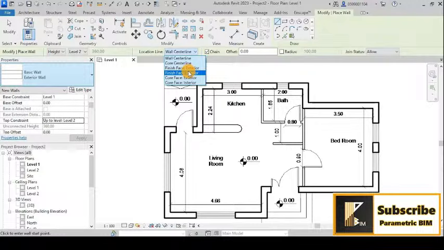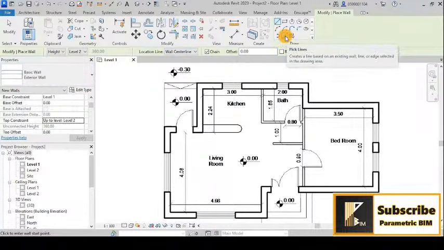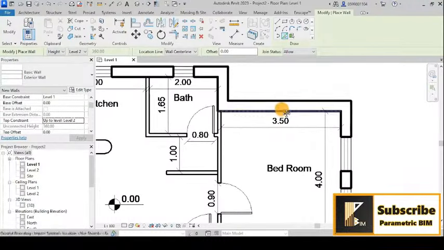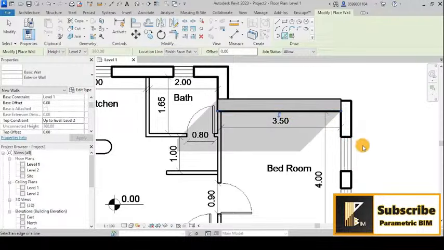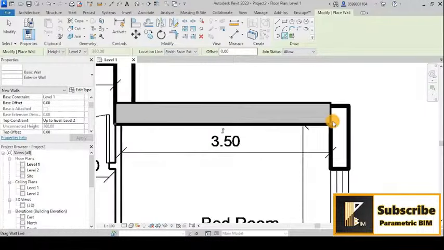but for now I will try to draw from the wall center line, and I have the opportunity to pick the lines. So I have these lines from AutoCAD, so I will pick these lines to draw over them. Once I have that, you can see that I can pick this line. So let's try to change that from wall center line to maybe exterior. So once I click that, you can see that I override this